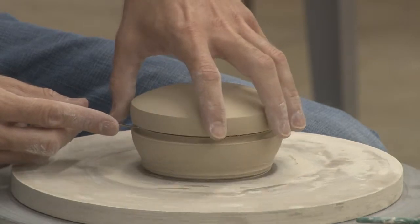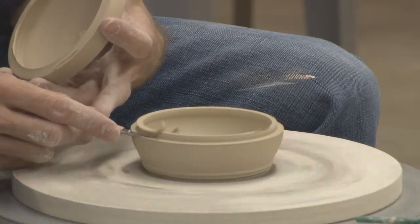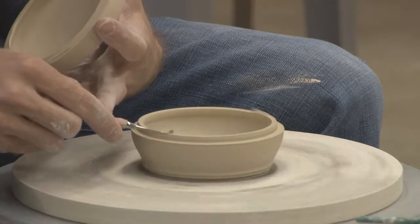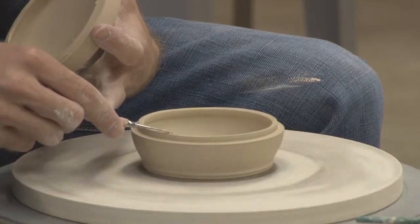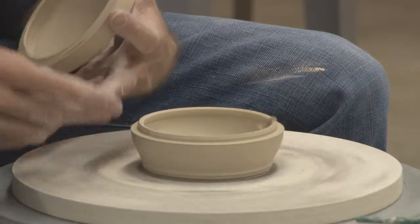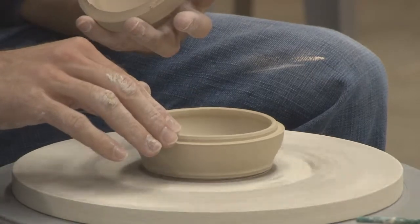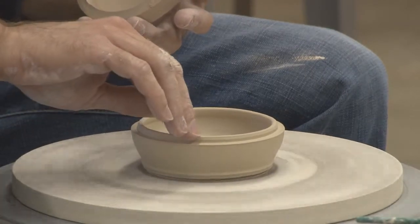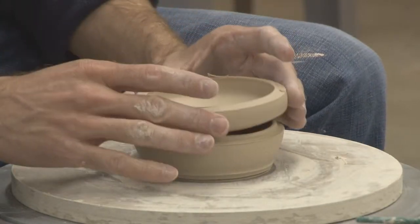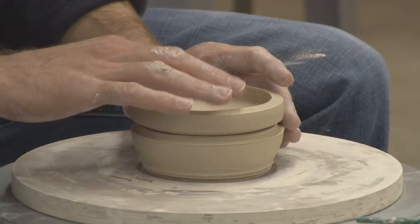And at some point, it'll be enough. I can peel that off. I trim this gently. Smooth over that. And then that becomes the chuck to hold this. This is a little on the soft side to do this with, but